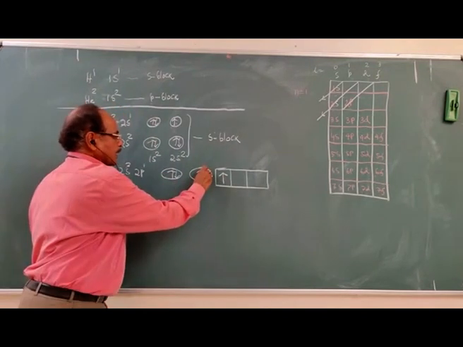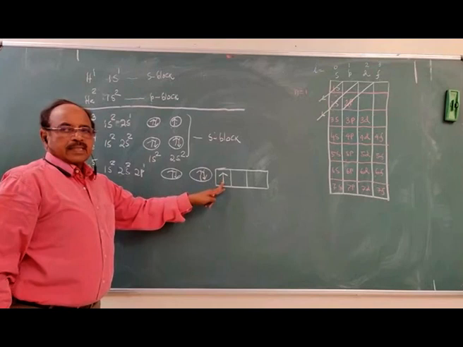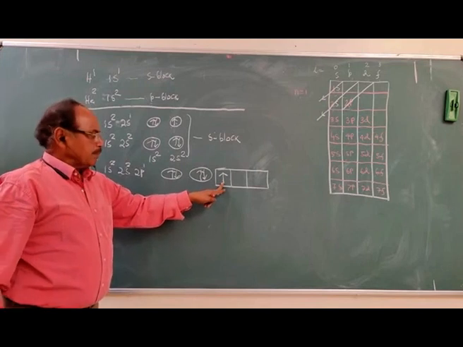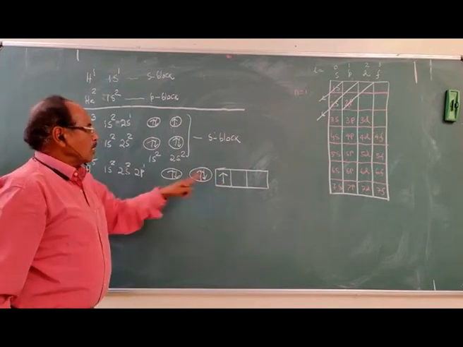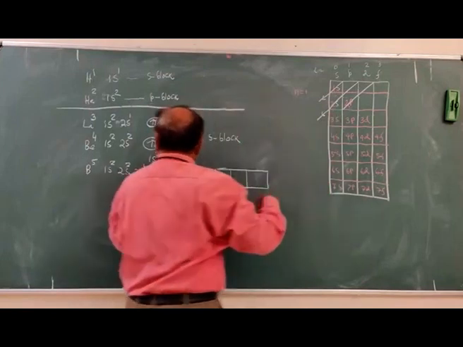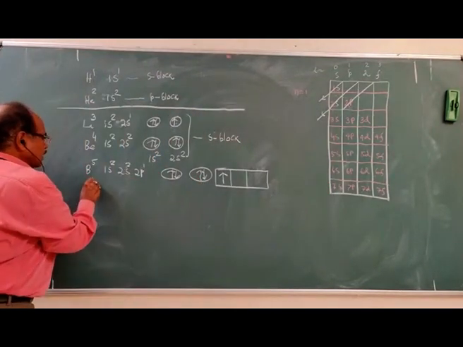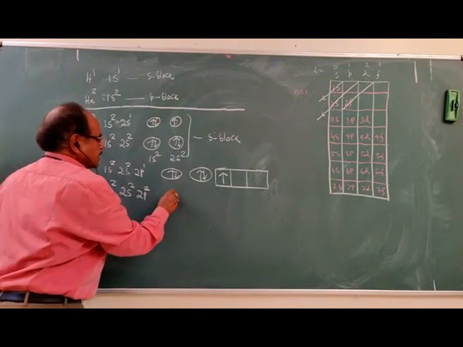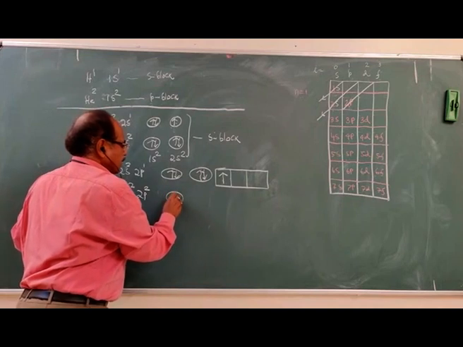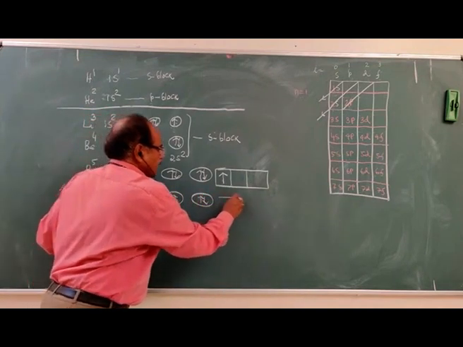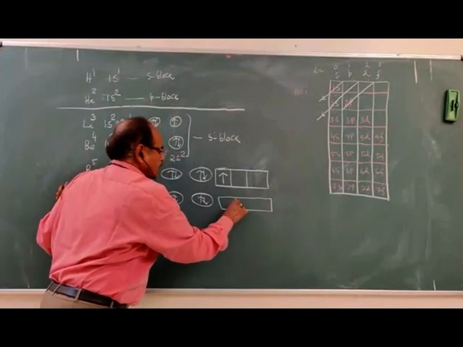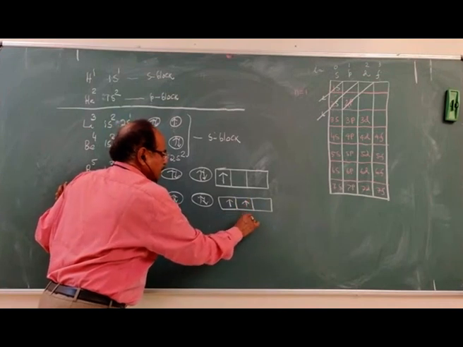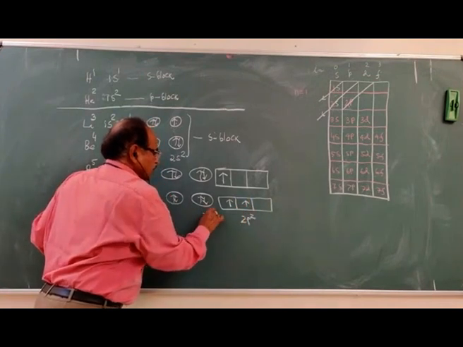So 3 electrons are there, so it is placed in the 3A subgroup of the periodic table. I am talking about the modern periodic table for your convenience. Now we will come to carbon, 6: 1s2, 2s2, 2p2. So this is 1s2, then 2s2, then 2p2. Here there are 2 unpaired electrons in the 2p, and this is 2s2.